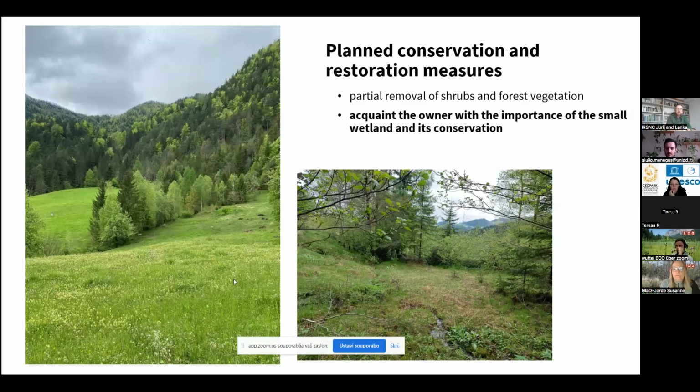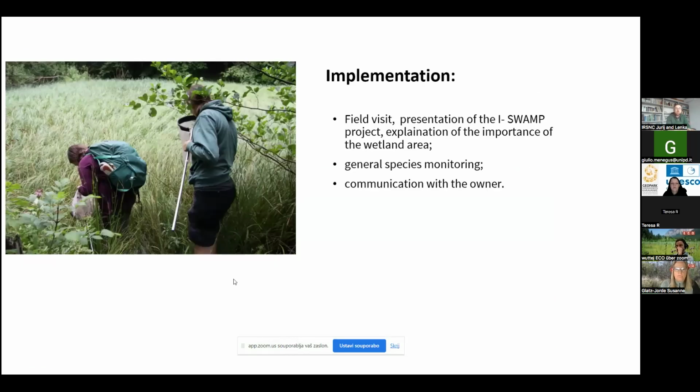In this area, as you can see, the surrounding is very intensely farmed, and here is where the trees and the shrubs are growing. So we wanted to remove these shrubs from this area, and our main goal was to get the conversation started with the landowner, because this is the only area that is privately owned. The implementation was that we made several field visits to this area. We established the contact with the landowner, who is an older farmer, and